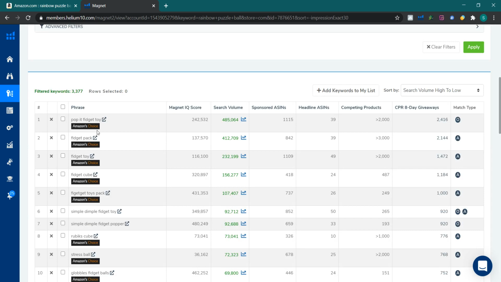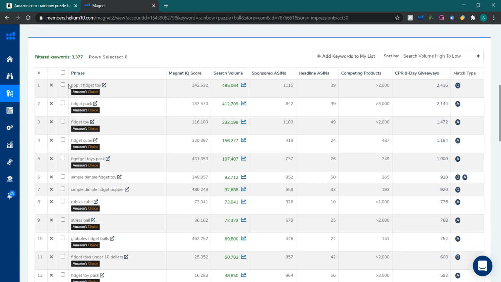Now we will scan each keyword one by one from top to bottom, and we will find out which is the first keyword that shows results of our product, where the majority of the results are similar. That's what we have to find out. Pop it fidget toy, I know what it is, so I'm not going to open this.